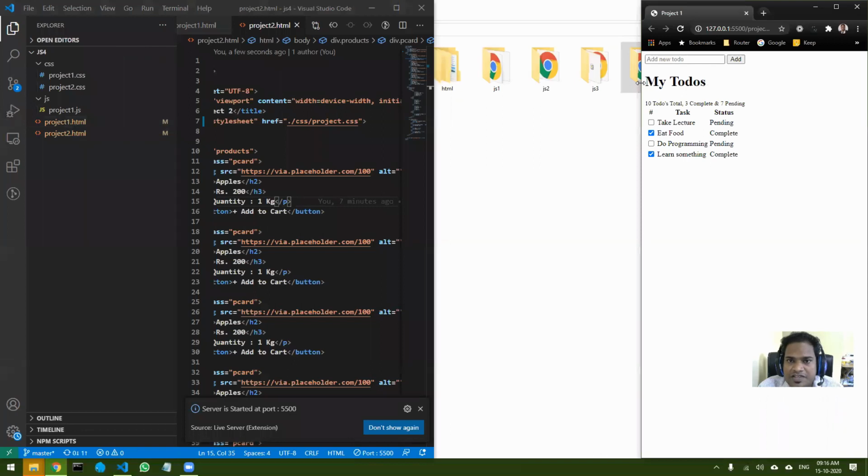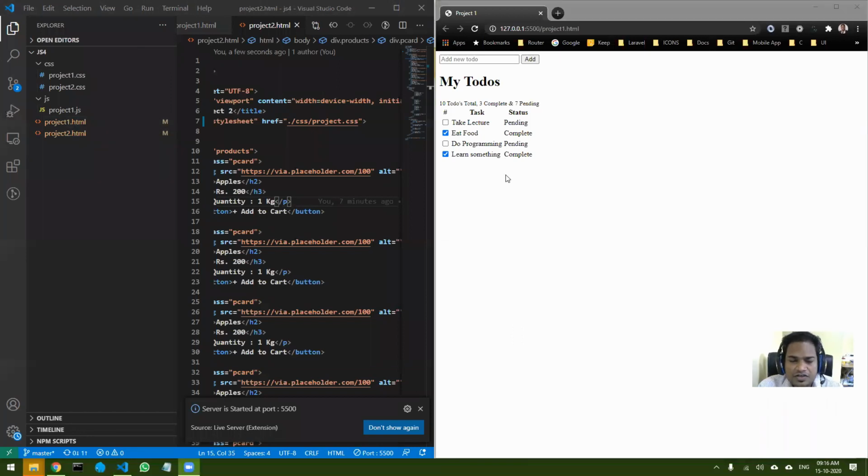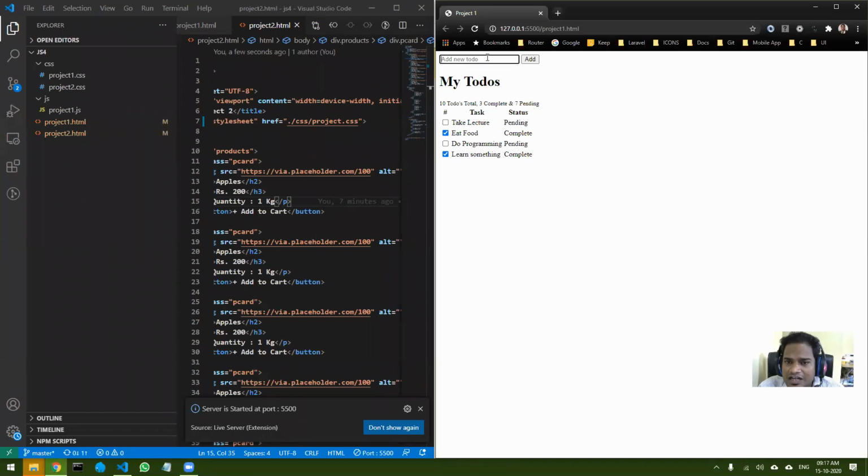Okay, so basically it is just a to do application, right? If you look at the application, it is a basic to do app where here you will start adding your to dos, and this is a table, it should show the to dos over here.